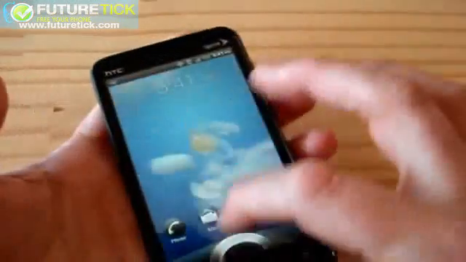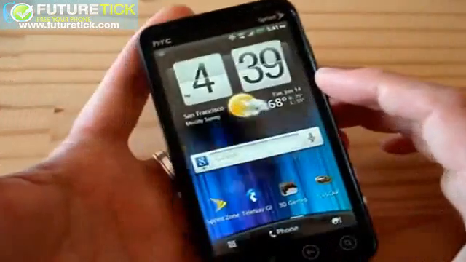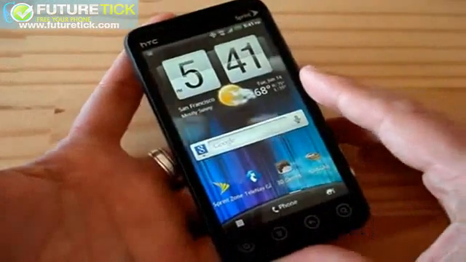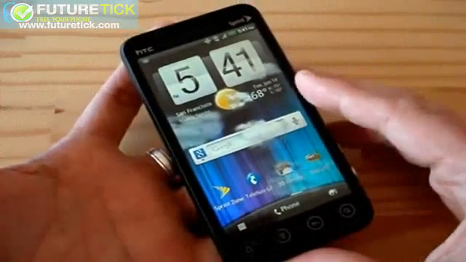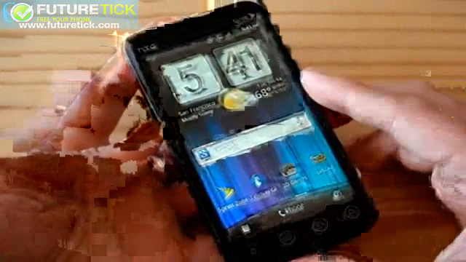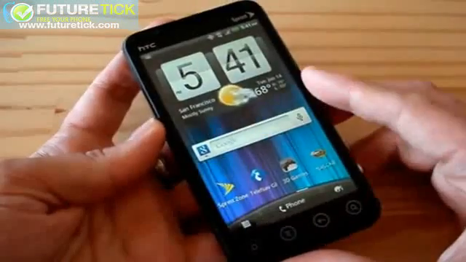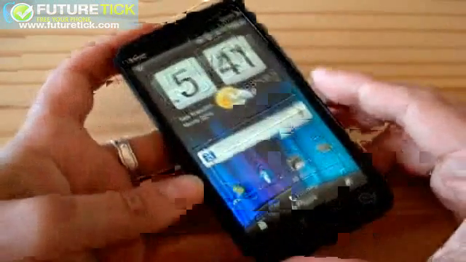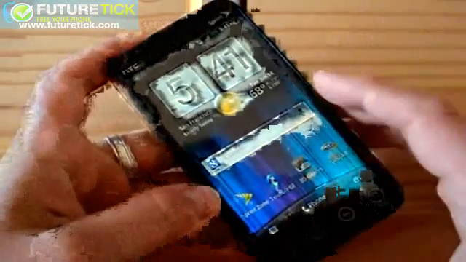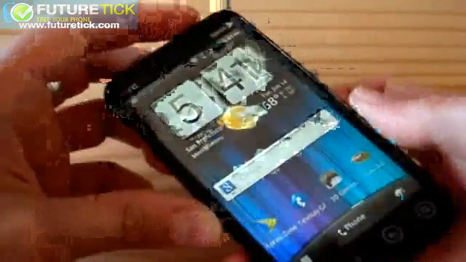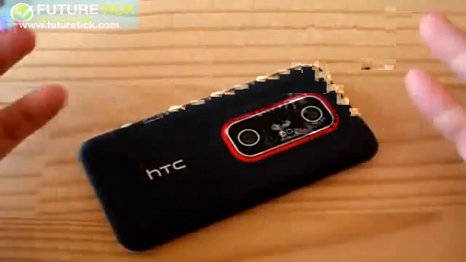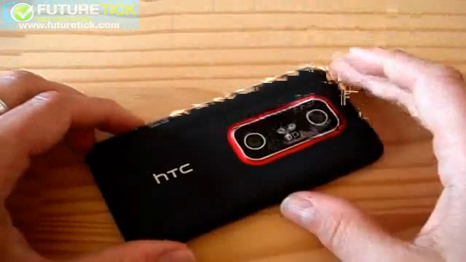So anyway, that is the Evo 3D for Sprint, made by HTC. Again, it's a QHD display, 1.2 gigahertz dual-core Snapdragon processor, 1 gig of RAM, really, really high performance, but slightly compromised because of the 3D feature, which kind of made the cameras not nearly as good as